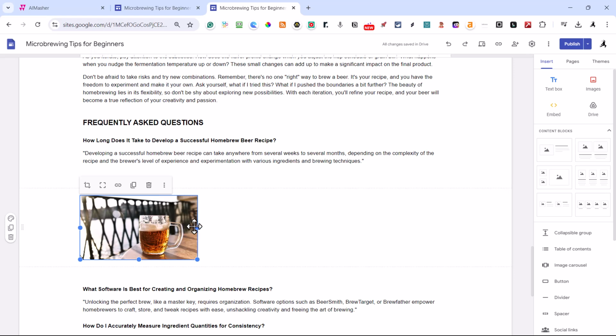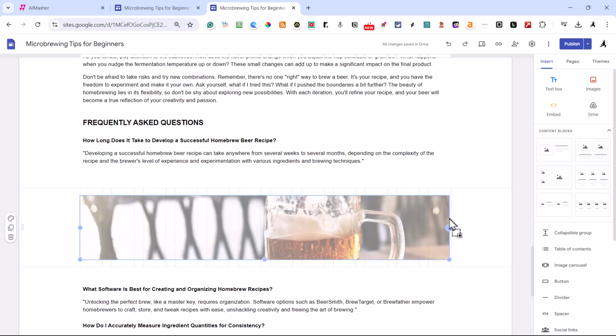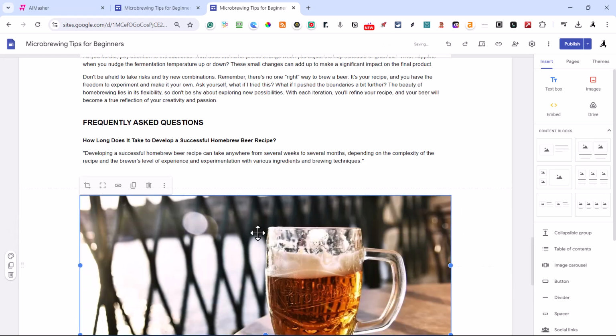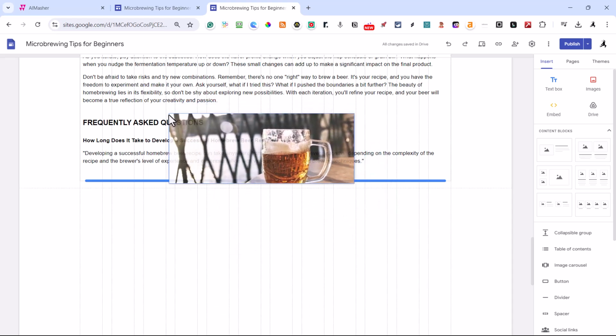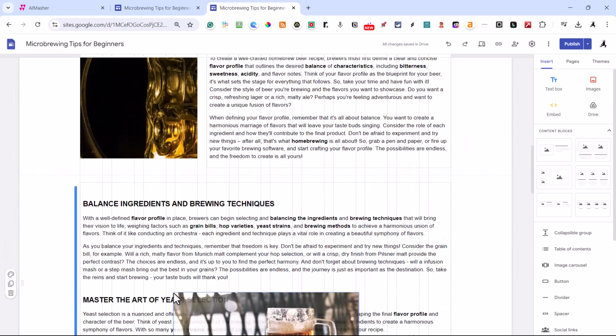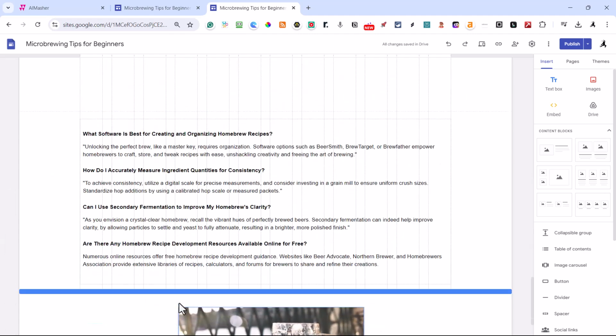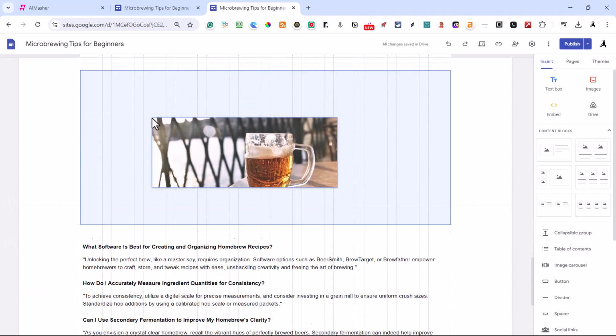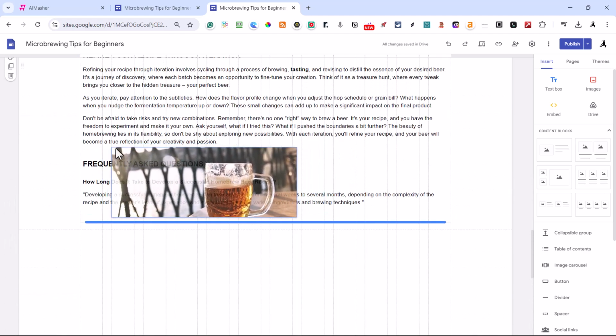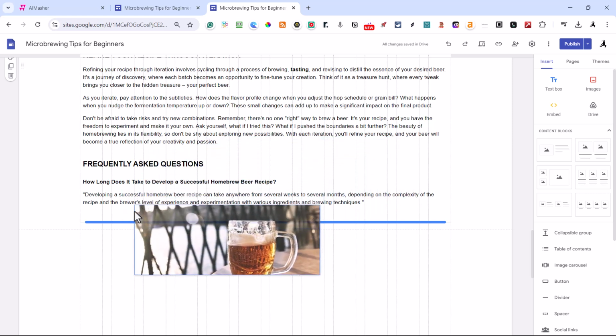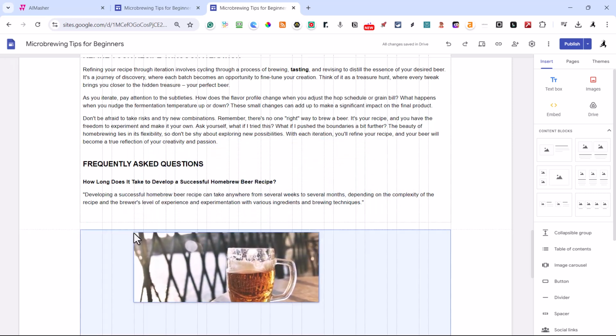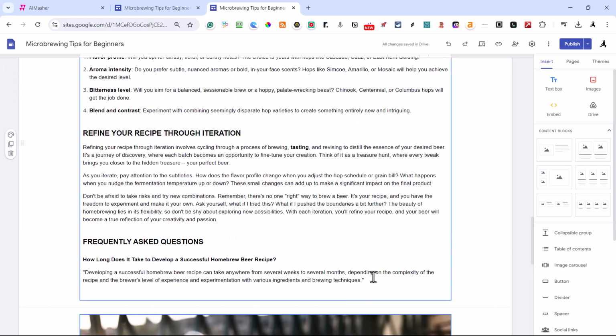Okay. So this one, I'm going to come over here. I'm going to use that right above Frequently Asked. Let's just leave that, but I'm going to chop this up.